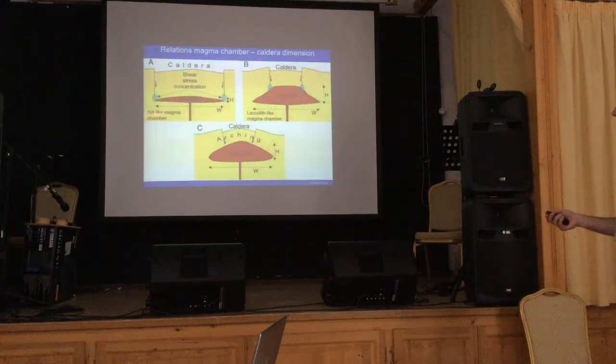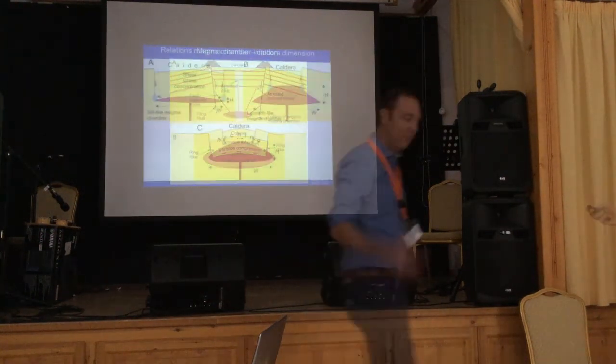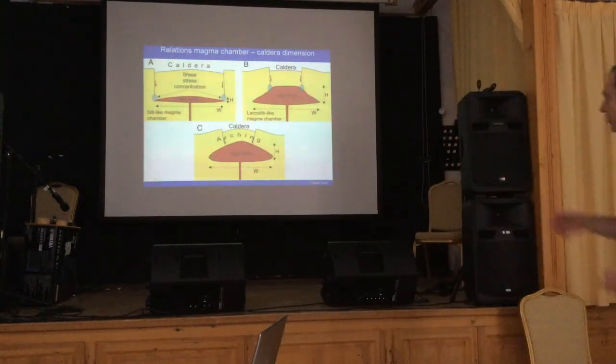observations that suggest that more or less the diameter of the magma chamber that produced the caldera is similar to the diameter of the caldera. But you have to count that magma chamber, that caldera, and they have the same image. In this example, I put just one caldera for each situation, just to show different shapes of the magma chamber